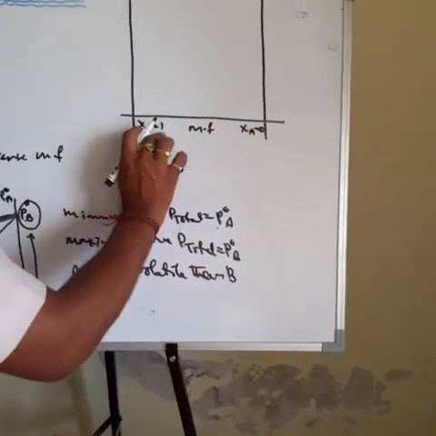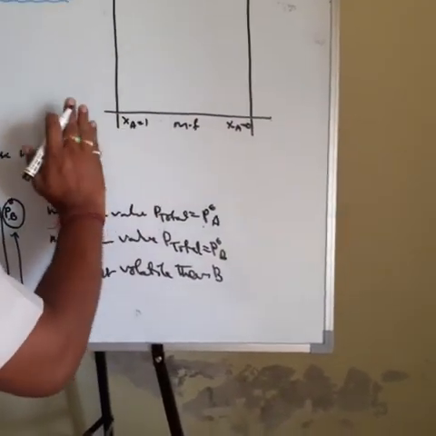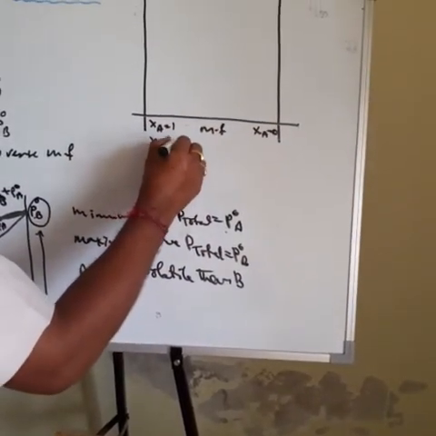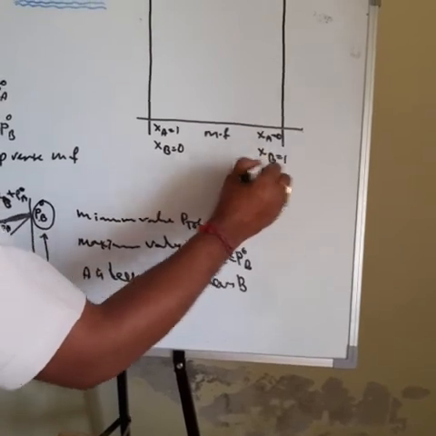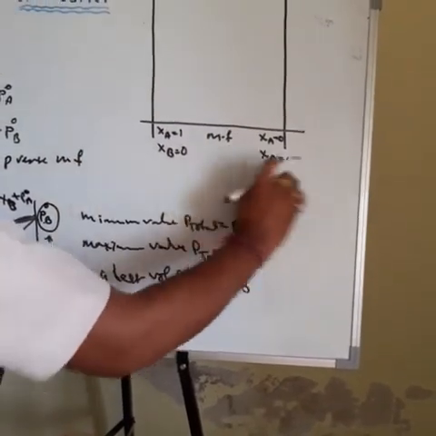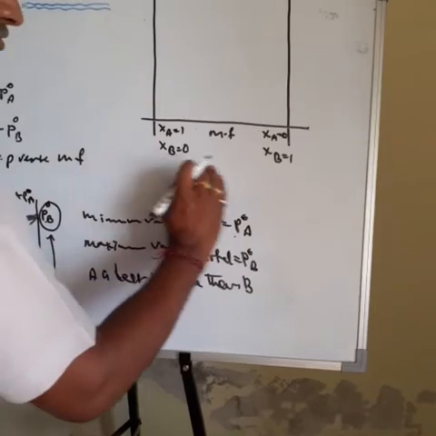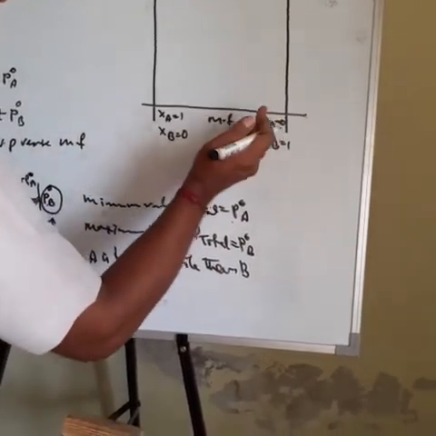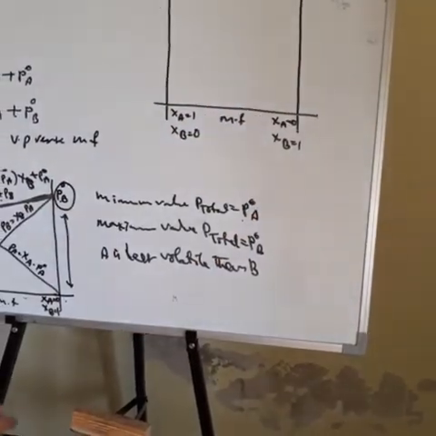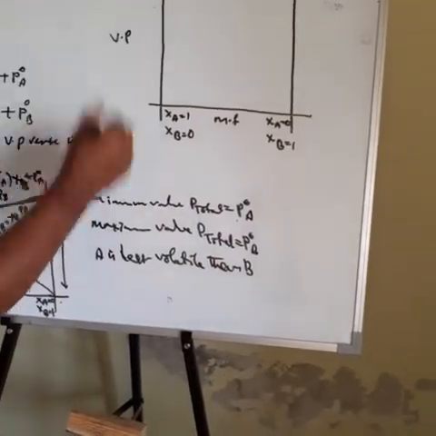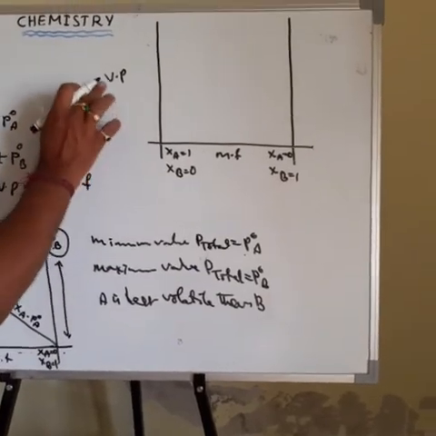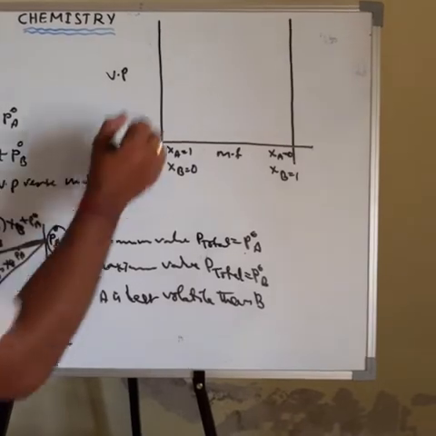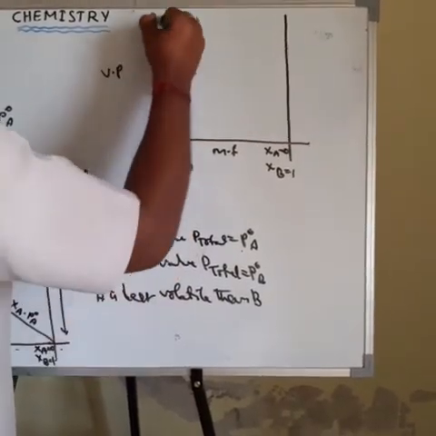It means the mole fraction of solute decreases from left side to right side. Here solvent is equal to 0, and here solvent is equal to 1. It means the solvent mole fraction increases in this direction. From left to right the solvent mole fraction increases, and from left to right the solute mole fraction decreases. Okay, this is vapor pressure. Then the graph is plotted between vapor pressure versus mole fraction. We obtain two straight lines which pass through the point. Then the first line is obtained from this one.